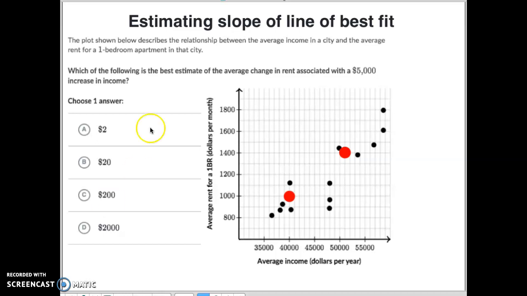Today's Khan Academy is called Estimating Slope of the Line of Best Fit. So you need to estimate what is the slope of a line that would best fit these dots over here. You're going to notice I've already added two red dots to it, two dots located which best represent how the slope of these dots is